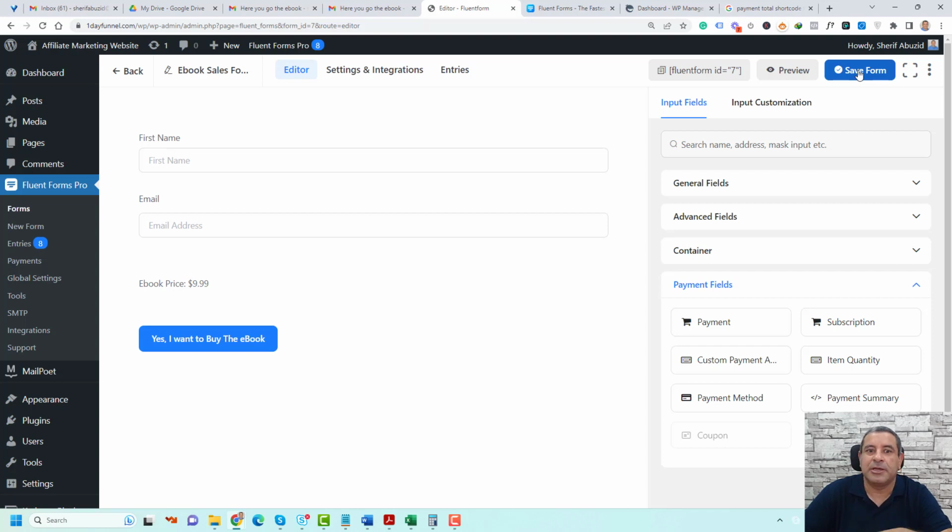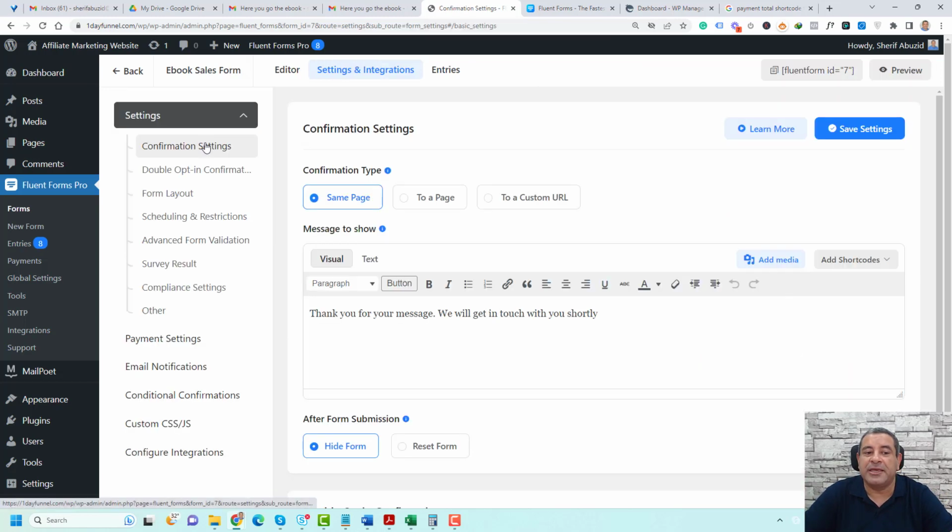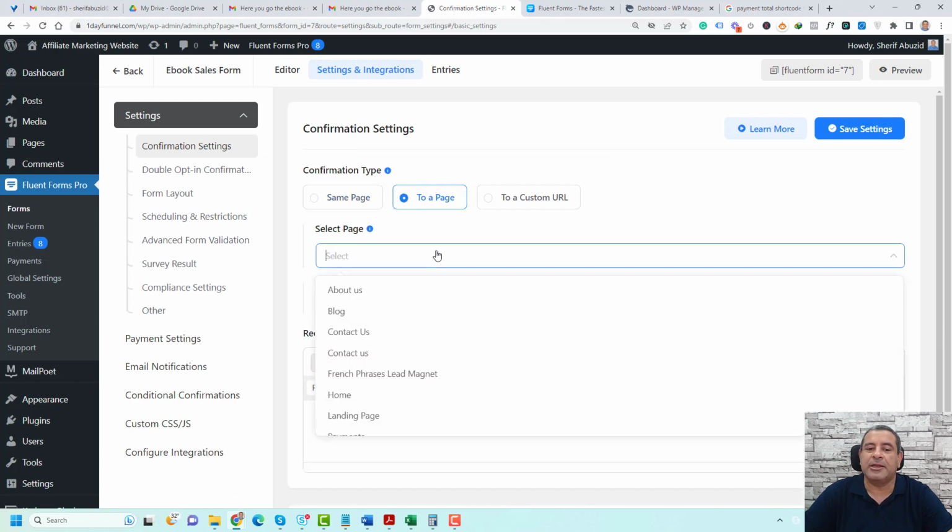extra steps for this. The first step is that we need to redirect people once they click the pay now, or once they buy the ebook. They need to be redirected into a thank you page, and you can do this by going to settings and integrations, and here under the confirmation settings you can just check like go to page, and here you search for the page. Of course, make sure that you have already